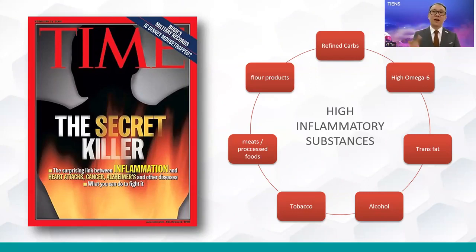So we have all these seven inflammation substances, and I will only pick the important things to share. Refined carbs and flour products are basically the same thing. Meat and processed food, as I already mentioned, bring a lot of homocysteine, which is an atherosclerosis trigger substance. And if you are having tobacco and drinking a lot of alcohol, you are putting a lot of this oxidative stress into your body,